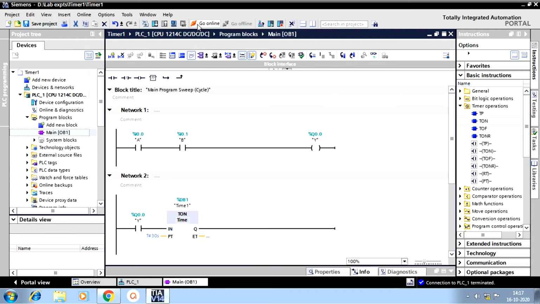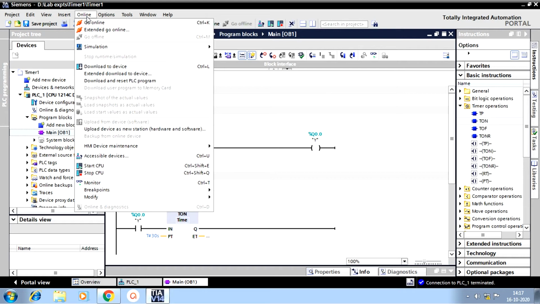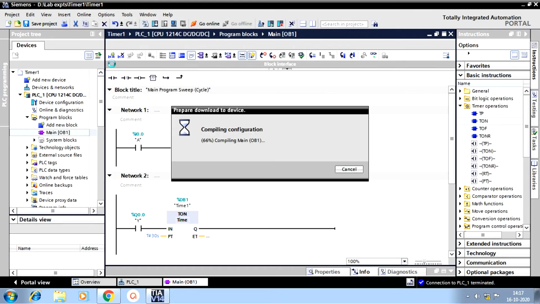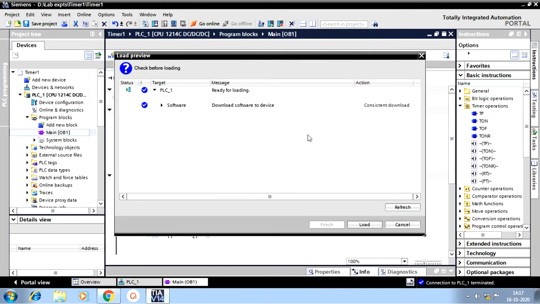Now I am going to download this program into the PLC. So click on online and select download to device. So give load.